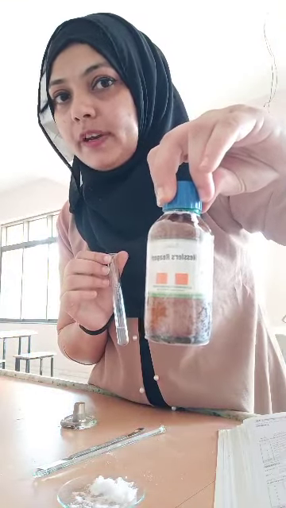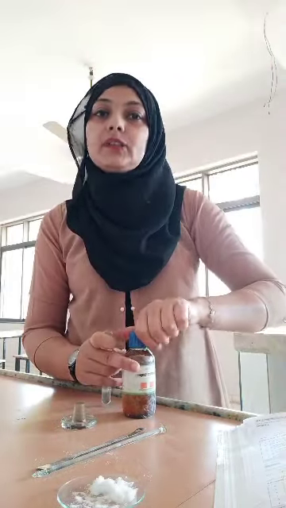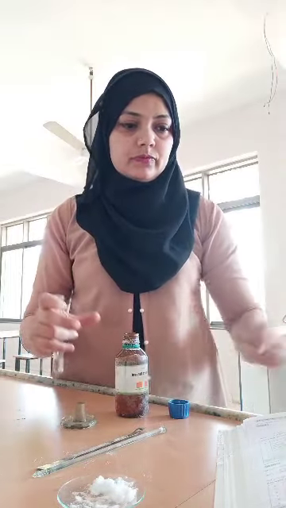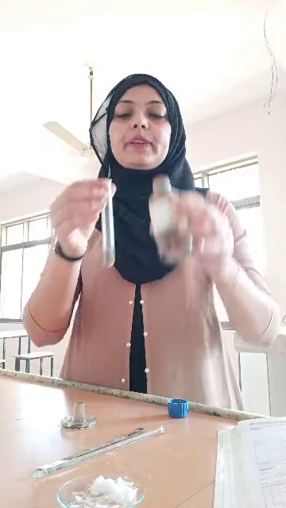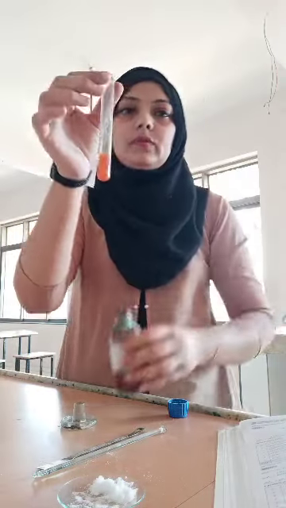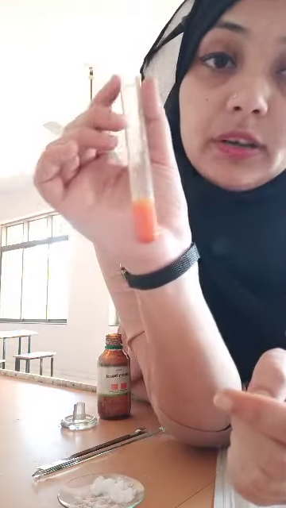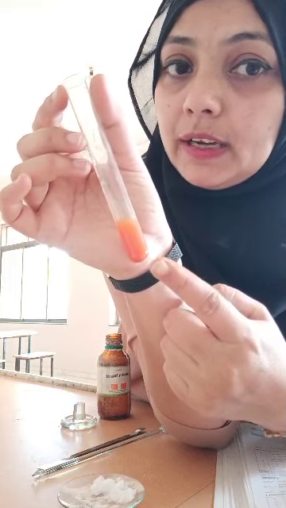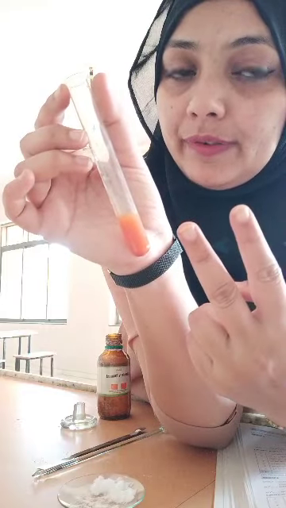Dear student, the examiner may ask you the formula of Nessler reagent, so you need to know the formula of the Nessler reagent. Dear students, when we drop this, you know what is going to happen? Wow. Brown color precipitates. So brown color precipitates are giving the indication that your positive radical is ammonium ion. Two confirmatory tests we have done.